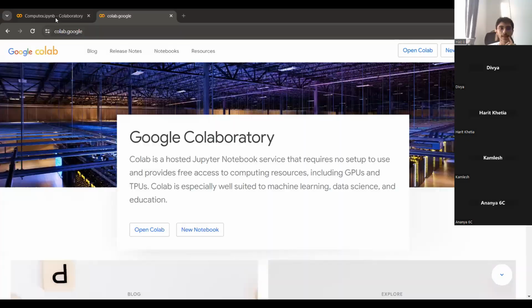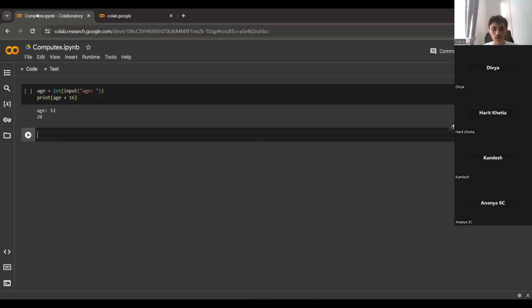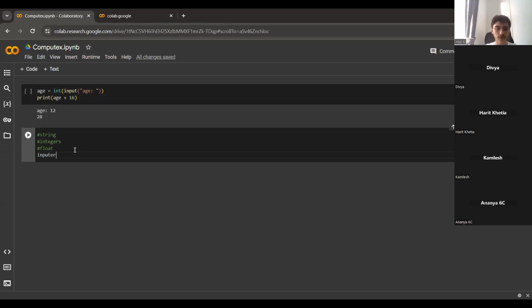So today we'll just look at some more data types, right? I'll create a new code block. So just to recap some of the data types we saw, we have string, integers, and float. So we saw you can convert data types from one type to another, right? So for example, the input function,